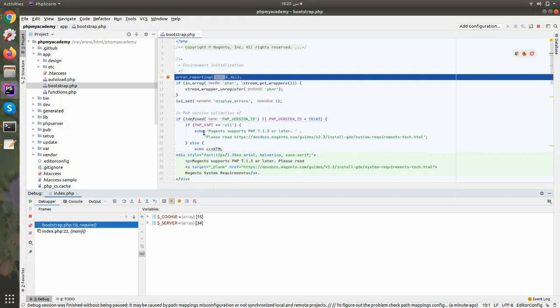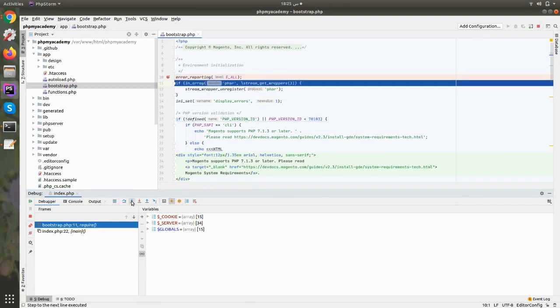So hope you understand how we can install Xdebug and how we can use it. If you want to run the code step by step, you can use this, and you can also press F7. Okay, so it comes again, and it will debug your code line by line.